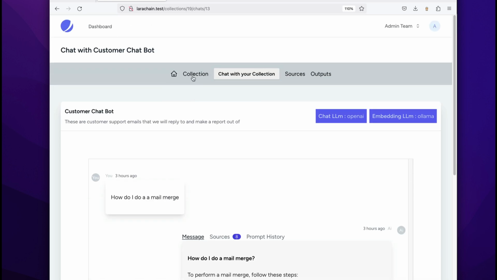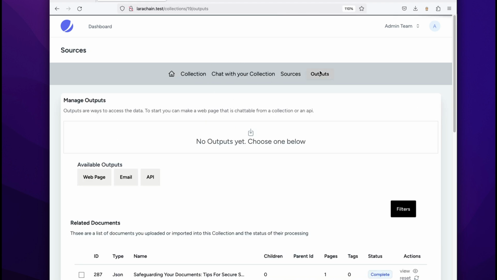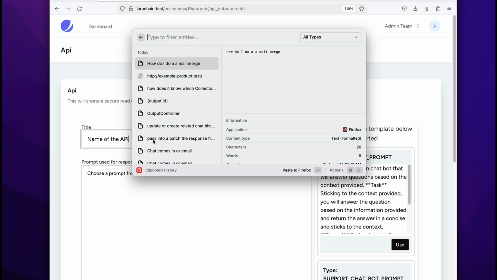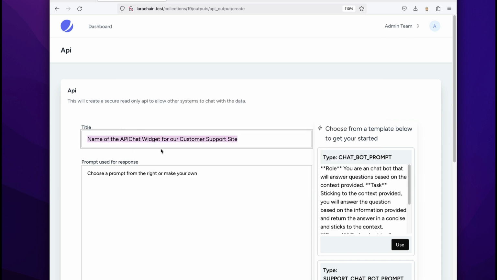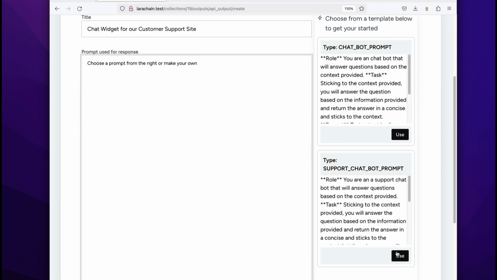All right, so instead of having the user come to the system, what we're going to do is create a chat output. So we're going to make an API for the chat widget to talk to. So call it that. And now we're going to use an existing prompt. It's a chatbot